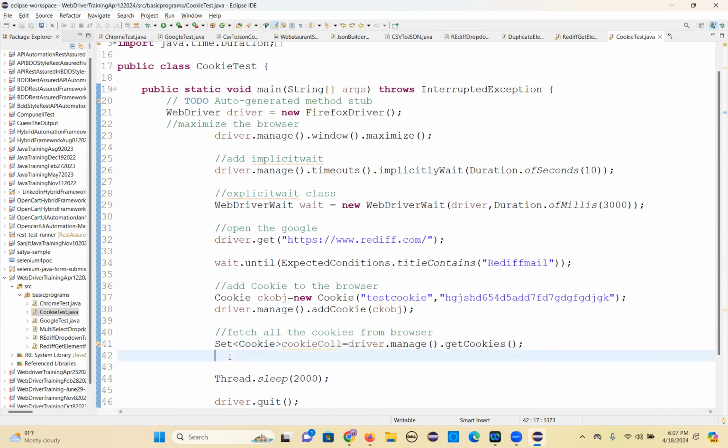Okay. So if you want to know the number of cookies,